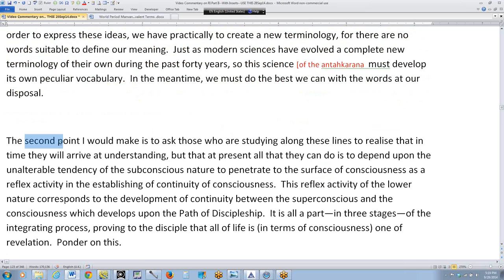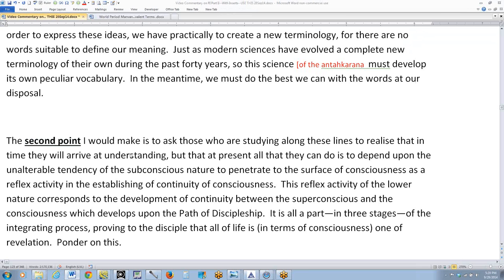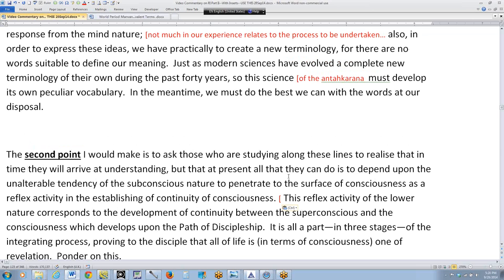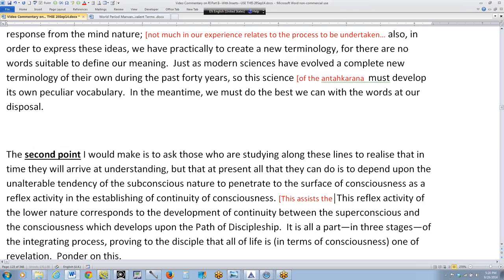Okay, here we go. The second point I would make is to ask those who are studying along these lines to realize that in time they will arrive at understanding, but that at present all they can do is to depend upon the unalterable tendency of the subconscious nature to penetrate to the surface of consciousness as a reflex activity in the establishing of continuity of consciousness. So this is something that assists the establishing